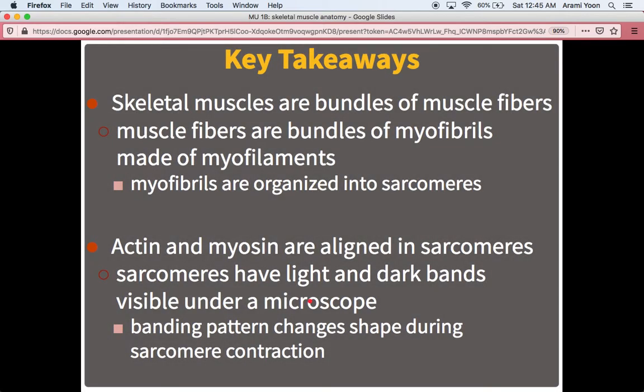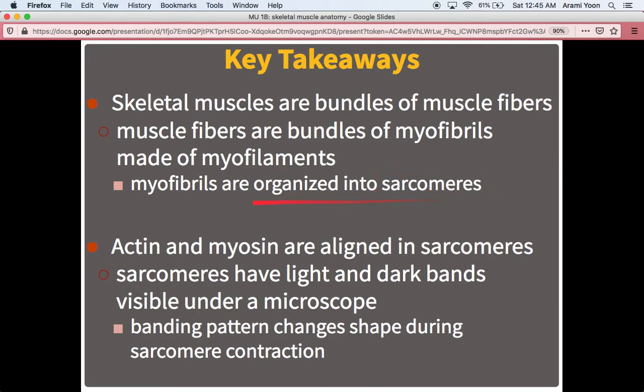So here are your key takeaways when it comes to skeletal muscle structure. You should remember that skeletal muscles are bundles of muscle fibers. You should remember that muscle fibers, which are single muscle cells, are bundles of myofibrils, and that myofibrils are made of myofilaments. Remember that the myofilaments and the myofibrils are organized into block units called sarcomeres, and that's where